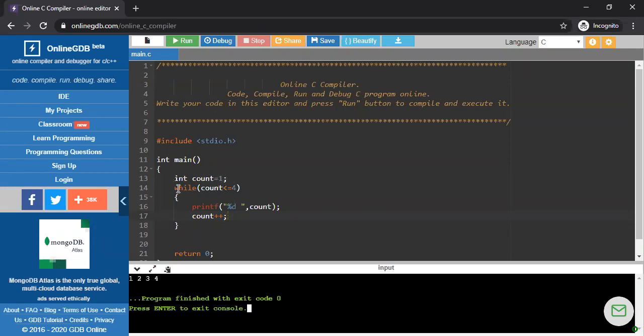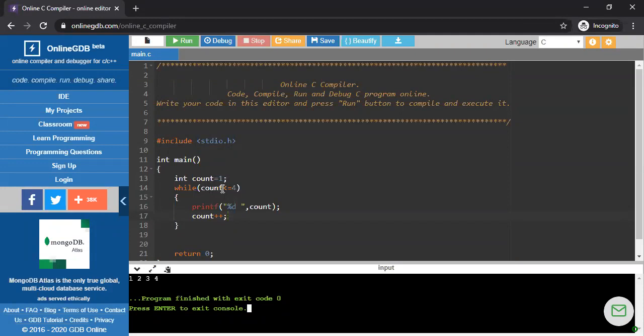So now the compiler compiles this line. So this is while and this is a condition. What is the count value? Count value is 1. So 1 less than or equal to 4. This is a true condition. Am I right?